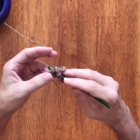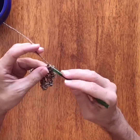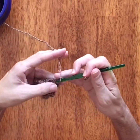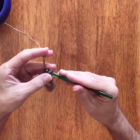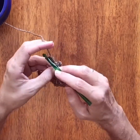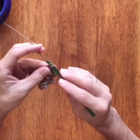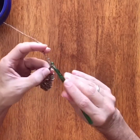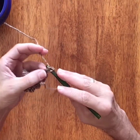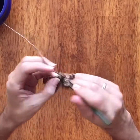Going to yarn over, go back through that same chain. I want to wait until we have 5 of these completed in that same chain. So we're going to go back and look. We have 1, 2, 3, so we have 2 more to go. So yarn over, go through that chain, yarn over through 2, yarn over through 2, chain 3, third chain from the hook, yarn over and pull through both. And then our last one in that same chain,